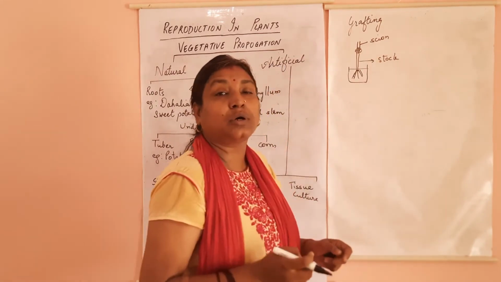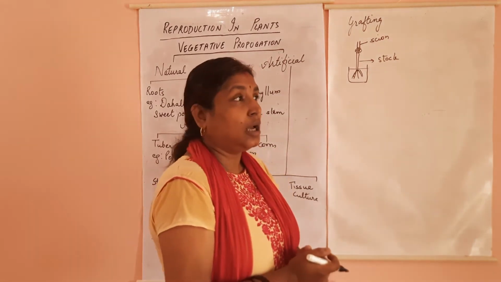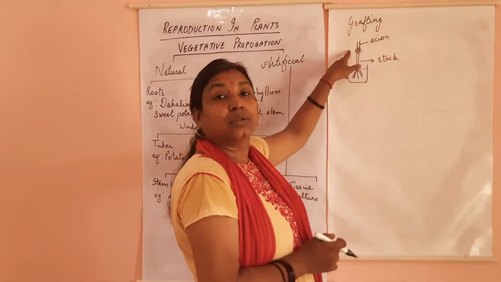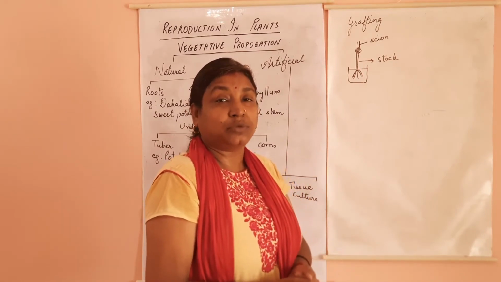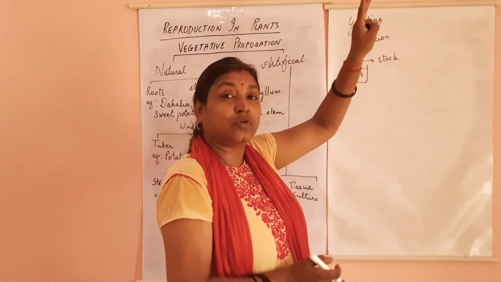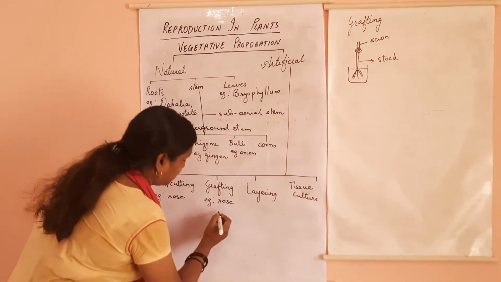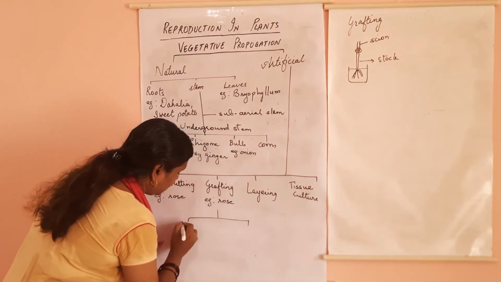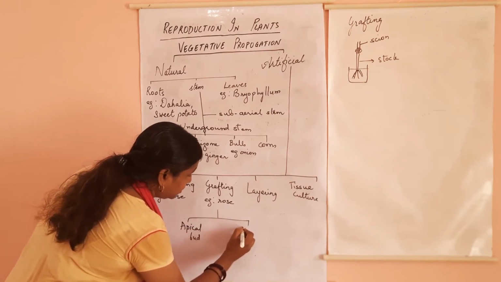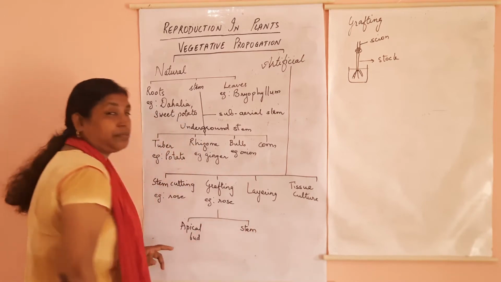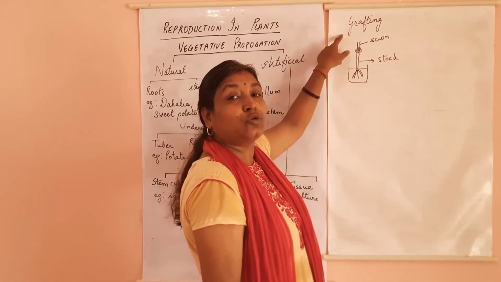Small amount of cow dung is taken, it is wrapped around the joint and then tied with a piece of cloth. As a result, what happens? Within 10 to 15 days, a new sprout will germinate and you will get two varieties of roses growing on the same plant. This is how grafting is done. Grafting is done in two methods. One is with apical bud and other is with stem. Now this grafting what I have shown is grafting of two stems.